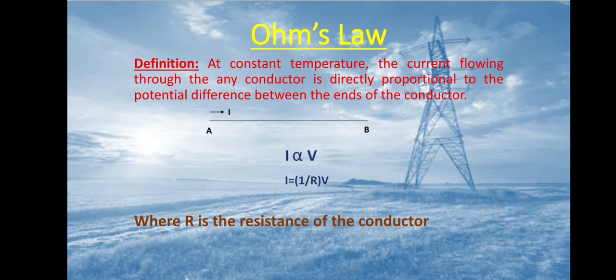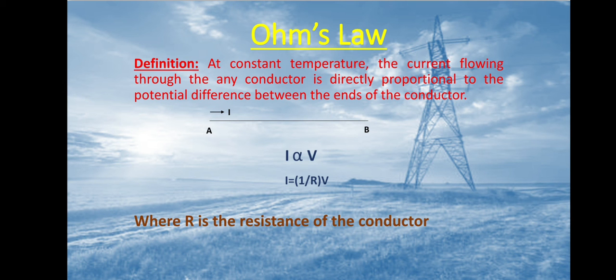In previous classes, we have already studied about current and voltage. In the description, I have given the links. Once go through it. Here I took one conductor, the length of the conductor is L. The ends of this conductor are points A and B. The current flowing through the conductor is I.